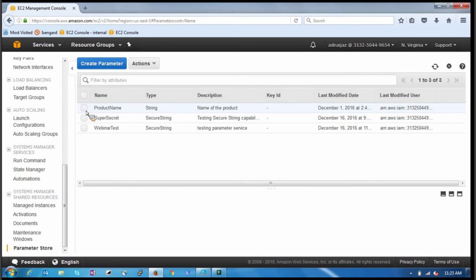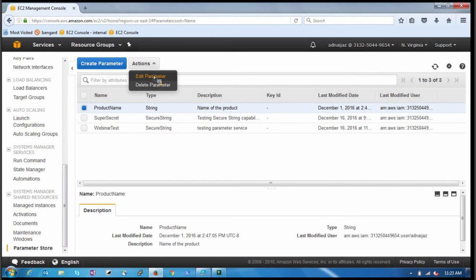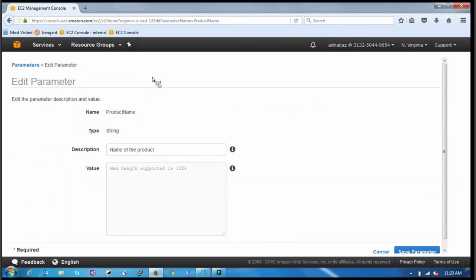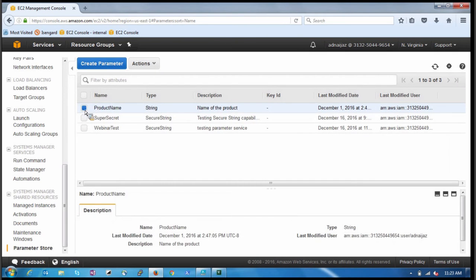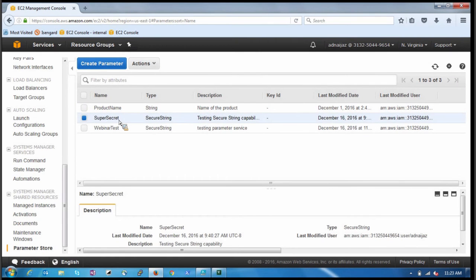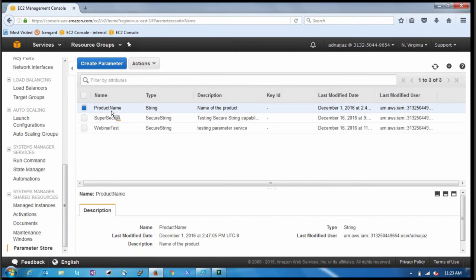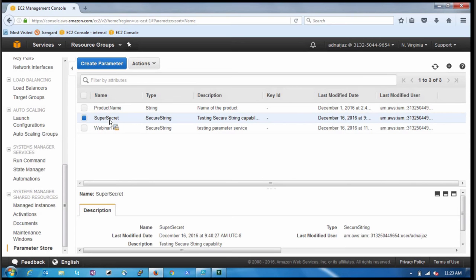I have already created a couple of parameters: product name, which is a simple string, not a secured string. And the other one that I have is what I call a super secret. This is really a secured string, and we'll test it out just in a bit. In this particular parameter, the value contains Amazon EC2 Systems Manager as the product name, and this is just a secret, some garbage stuff that I put in there. So let's just see both of them in action. Let's see just product name. And the idea here is to show you how you can put all your configuration parameters in one place, and use them with other automation artifacts either within Amazon EC2 Systems Manager